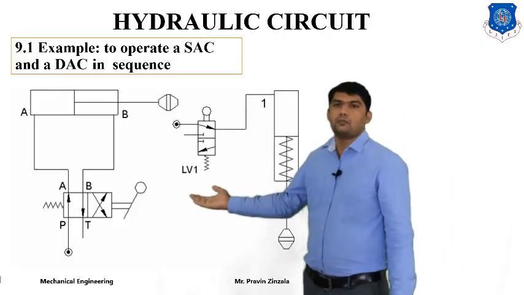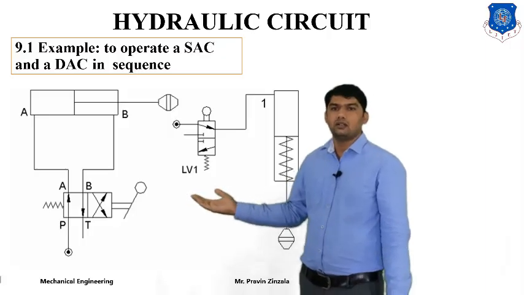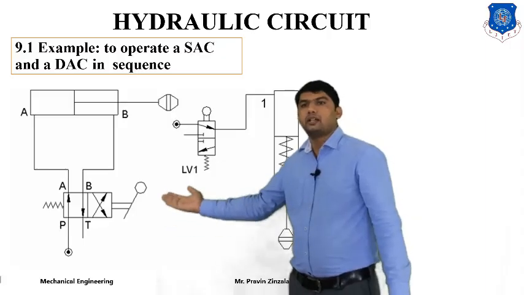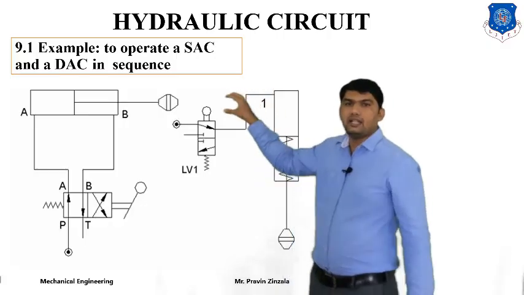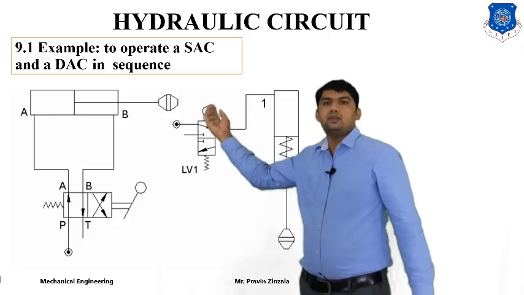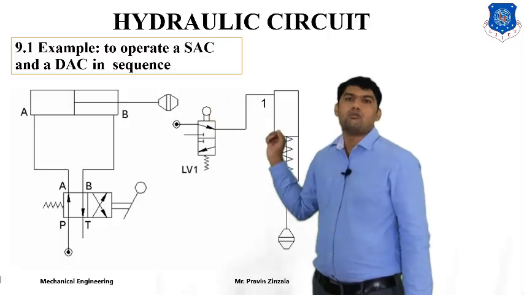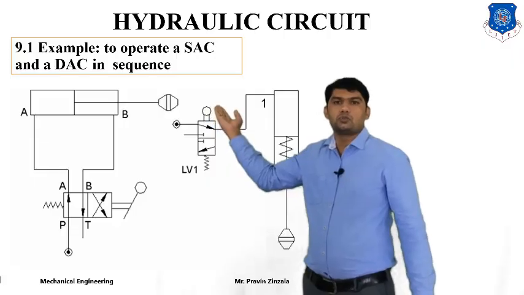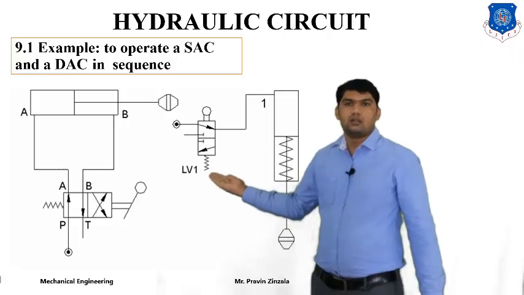Here is the example of two operations of single and double acting cylinders by utilizing a limiting valve. This is the 4/2 direction control valve. The pump will be connected to A. So what happens? This cylinder will extend. At the end of extension of cylinder number 1, pressure will be applied to the 5/2 direction control valve. This spool will touch the push button of the 5/2 direction control valve, means limiting valve number 1.